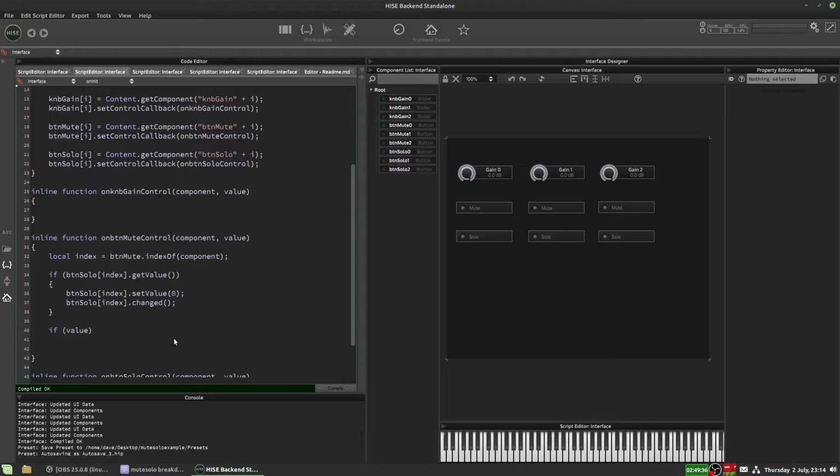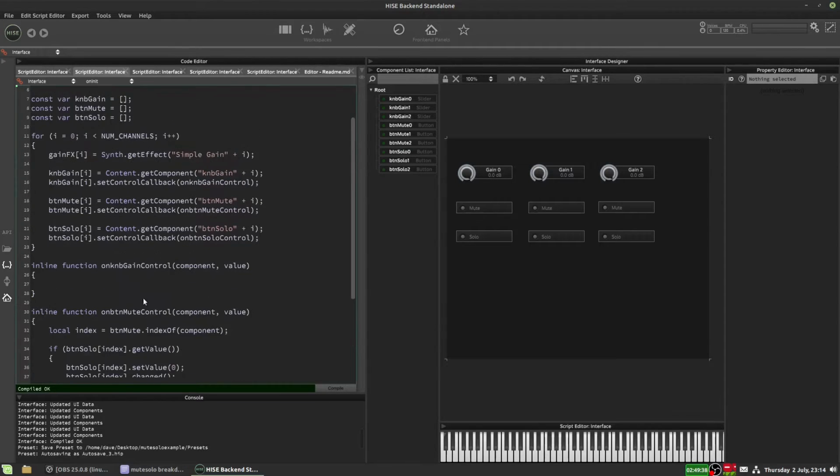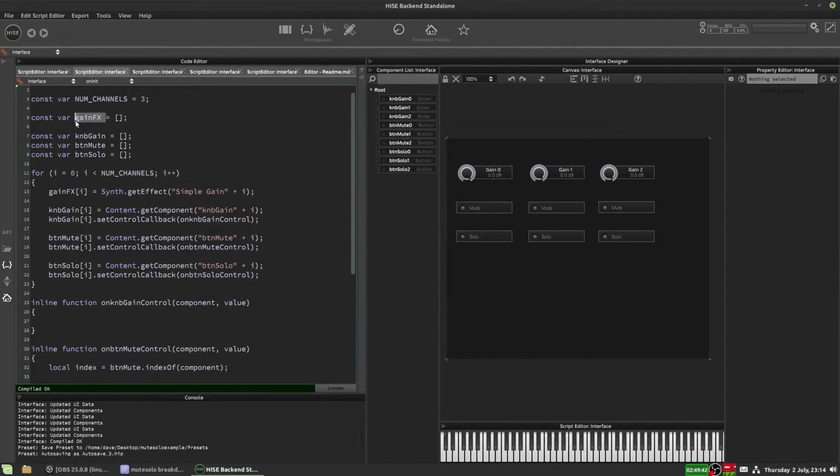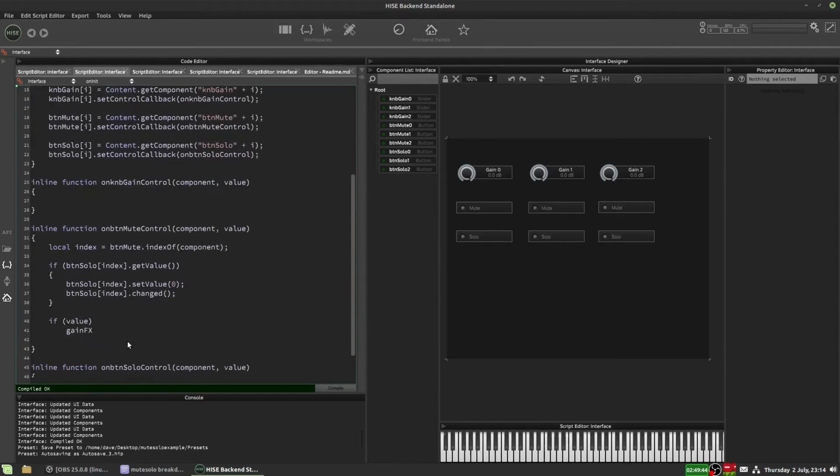So we'll go gainfx, and that's referring to our array up here, which contains the effects. Index refers to the button that triggered the callback. Set attribute, so we're setting an attribute of the simple gain effect. And we can get the attribute just by typing in gainfx index dot gain, and that will give us the number of